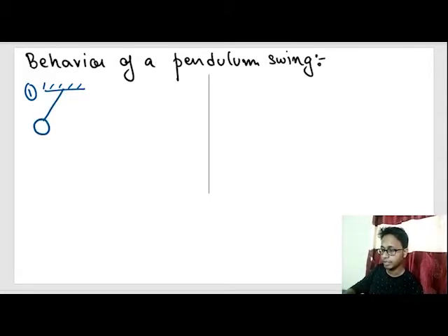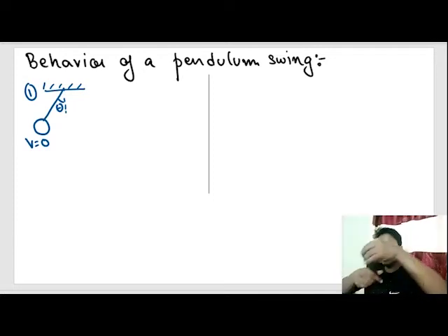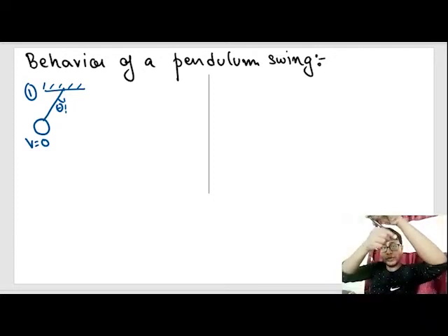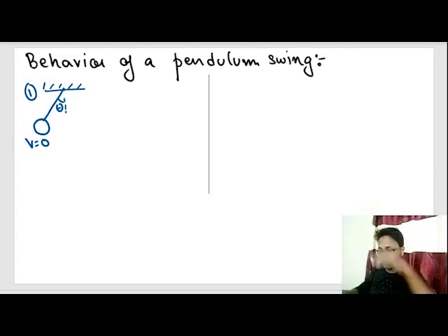Somewhat like this. Okay. And out here the velocity was equal to 0. Suppose it made an angle theta with the vertical. When this pendulum is let go, the pendulum will start its velocity in this direction. That means acceleration is in this direction, and the angle between acceleration and string is always 90 degrees.